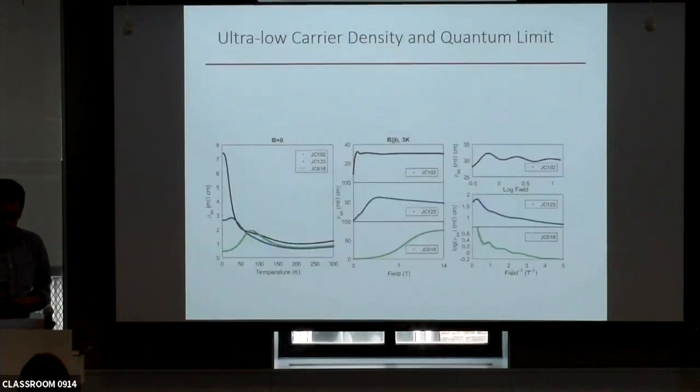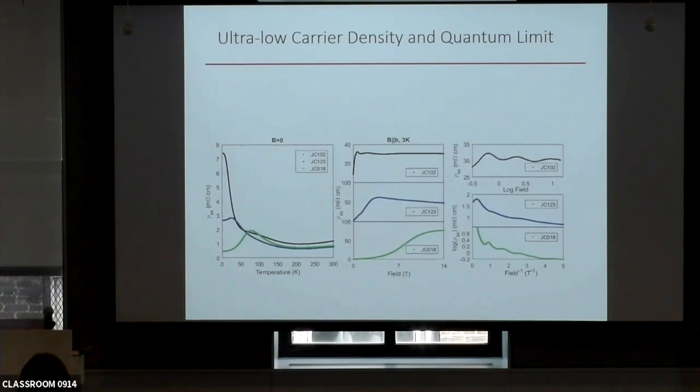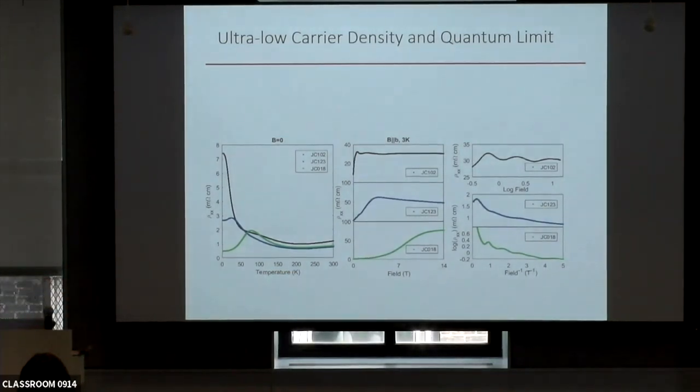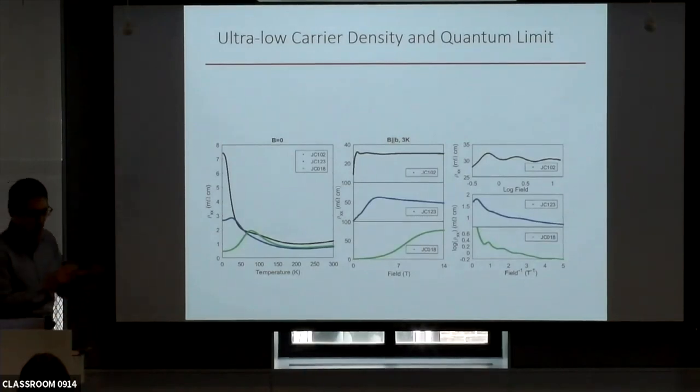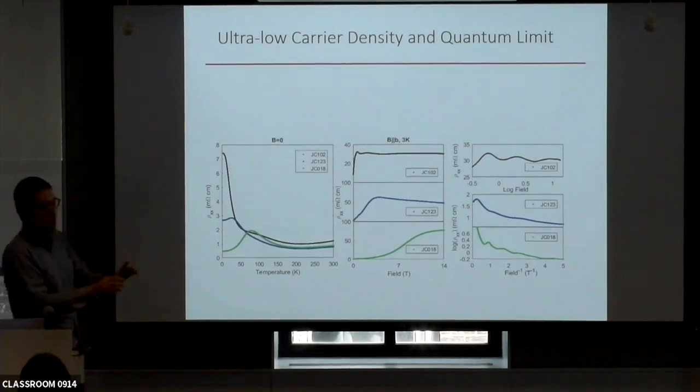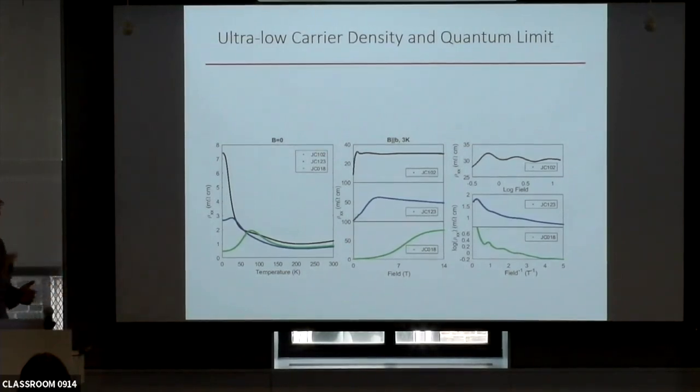So we have been doing all kinds of crystal growth and then reducing the carrier density by optimizing the crystal growth recipe, for example, arc melting the zirconium and then carefully cleaning the crucibles. So we're able to get the carrier density down to below 10^15, with the mobility about medium.